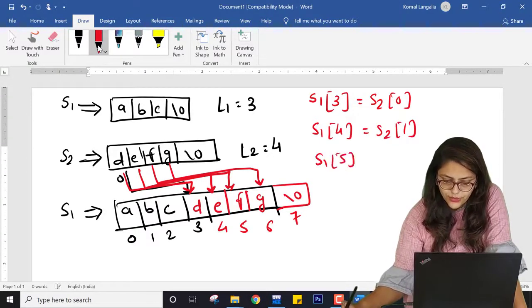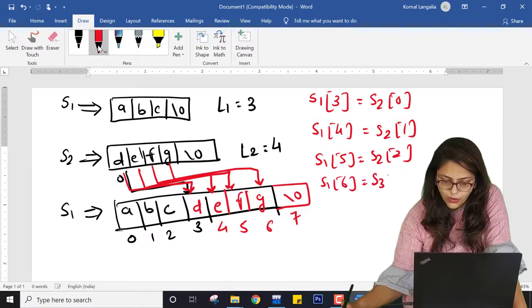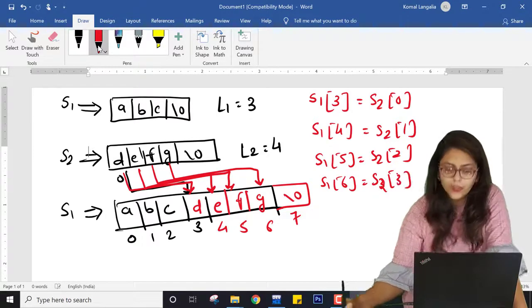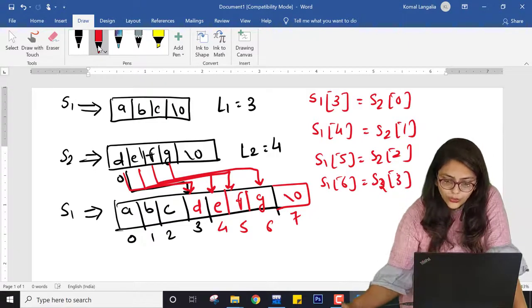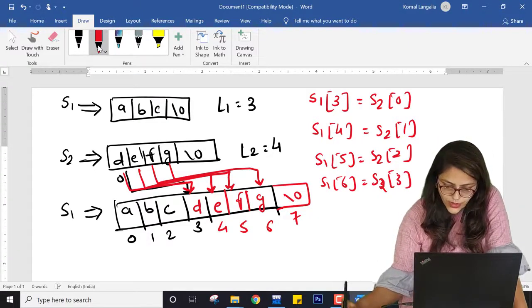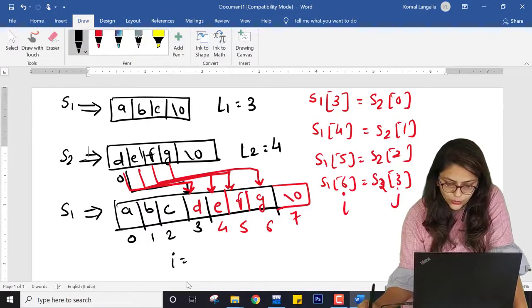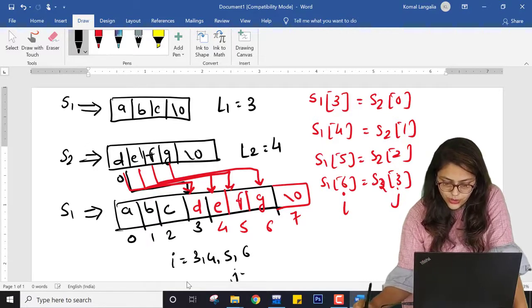S1 of 5 equal to S2 of 2, and S1 of 6 equal to S2 of 3. Right? So I know this range. If I call this variable I and this variable j, then what can I write? I equal to 3, 4, 5, 6 and j equal to 0, 1, 2, 3.